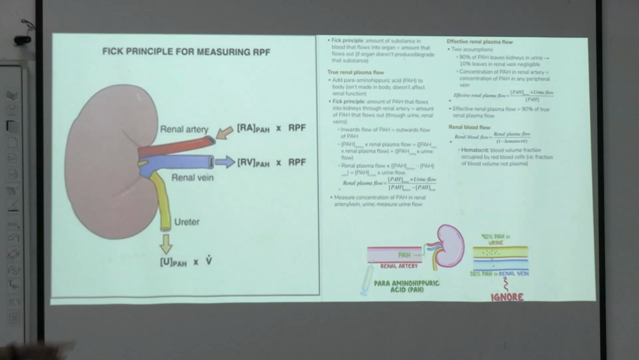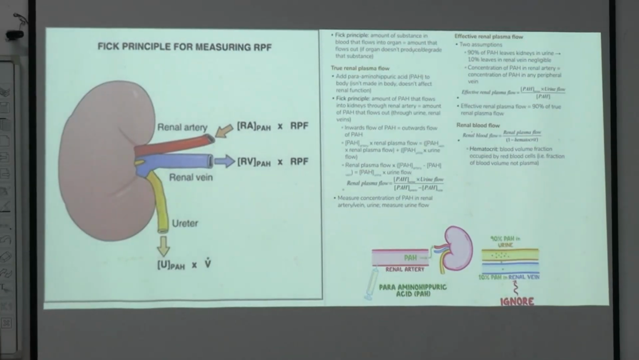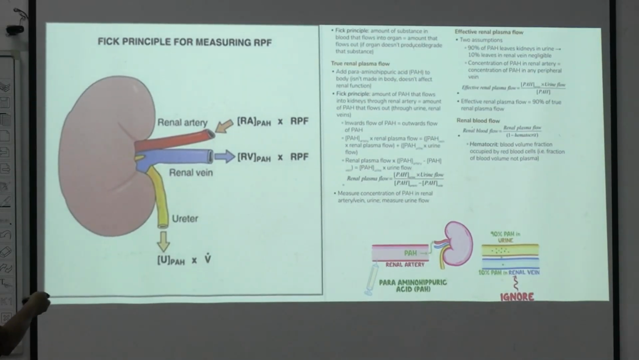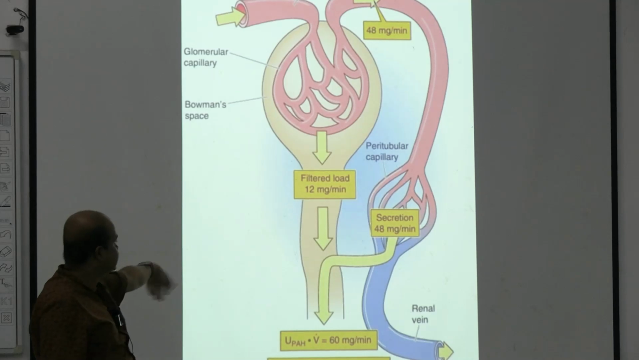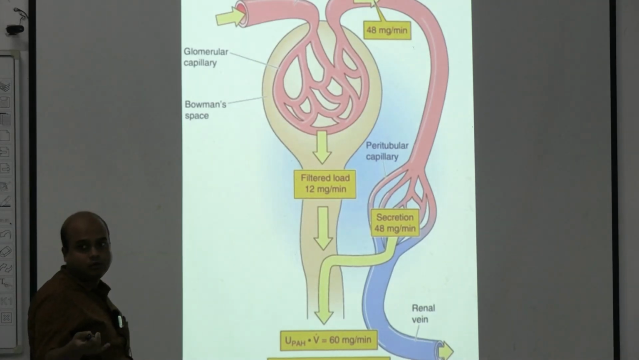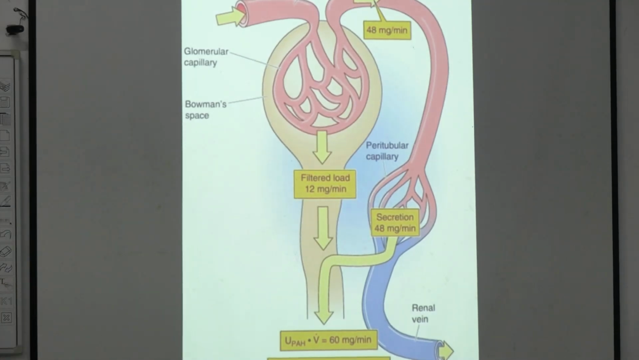So 10% in renal vein, ignore those things that are written. So same things. This is the same thing. I mentioned last day,